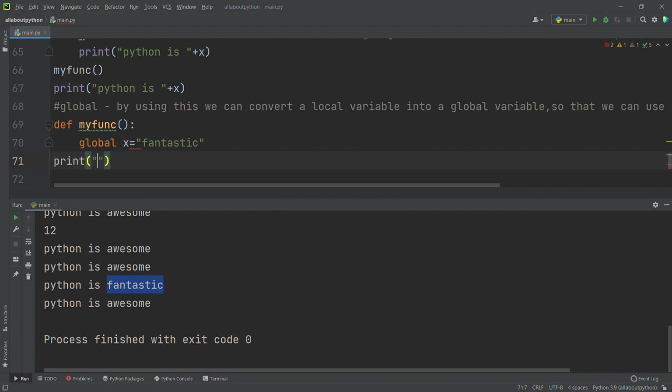So I will say print Python is, sorry, I have to give x, right? So plus x. And if I run now, are we going to get the result? No. Why? We have not called the function. Definitely we have to call it to execute the function, right? So I will call my function. Now I will run this.